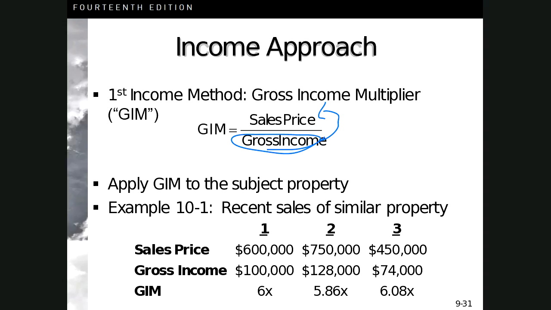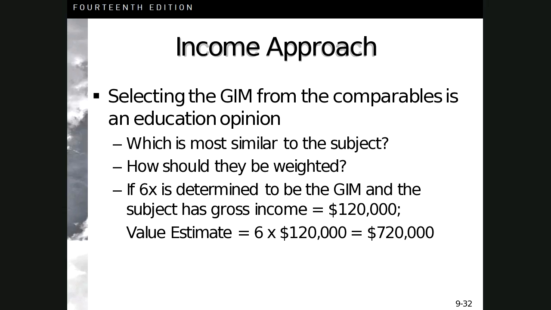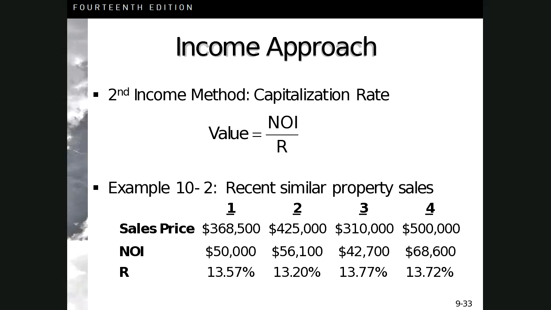Then from the subject's gross income we get to the subject's sales price. And for the second method, the cap rate method, we take the value or the price, the sales price, and take that as the net operating income divided by the cap rate. Hey, you're like, wait a second,